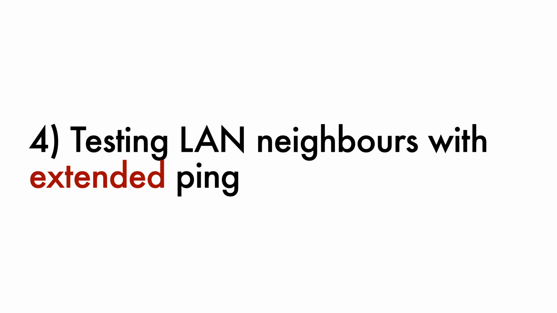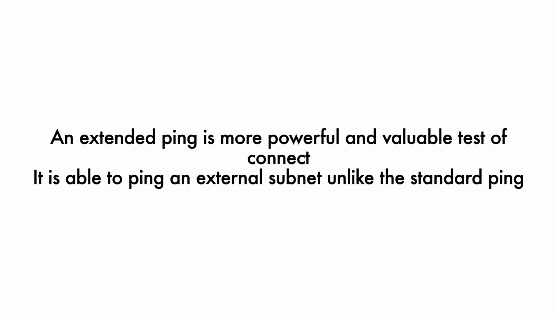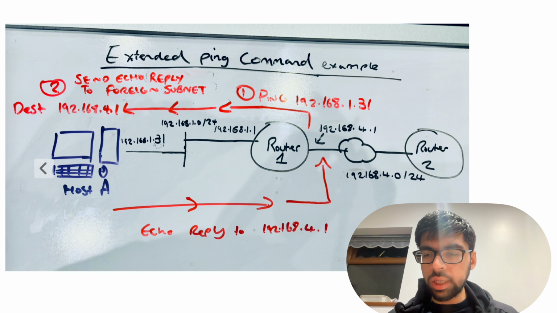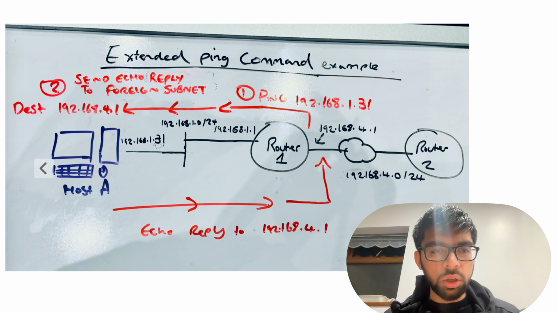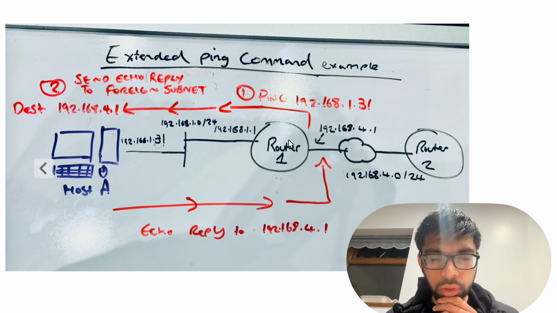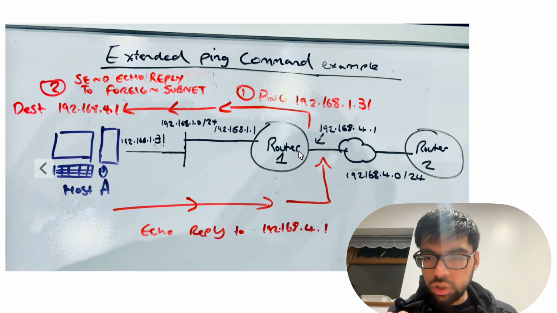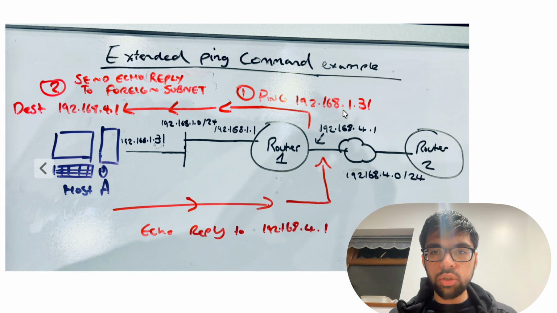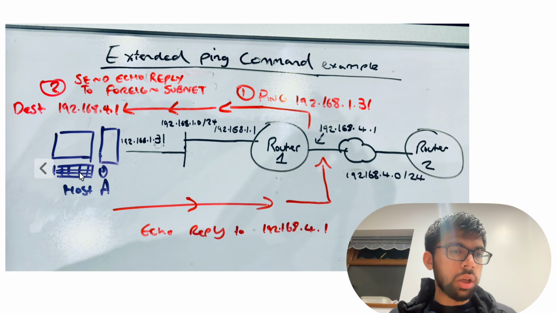So if we look at testing LAN neighbors with the extended ping, like I said, it's more intrusive. It's a more valuable test of the connection. It's able to ping an external subnet, unlike the standard ping. So, for example, here, if we are on router 1 and we go onto the terminal and then ping 192.168.1.31, which is the IP address of this host, if we were tempted to ping it from this interface here,